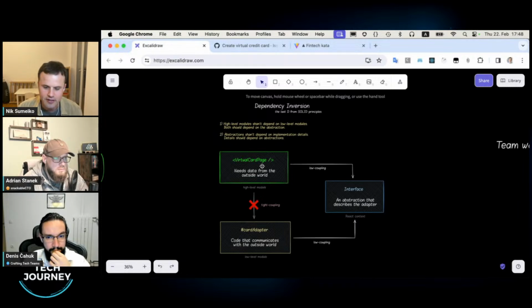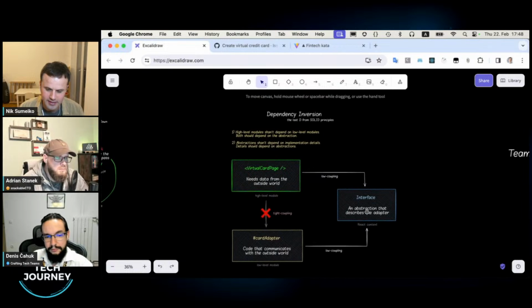Rather, both rely on some intermediate interface, this one and this one, plus implementation details within the adapter shall also rely on the interface. This is how I nail down the dependency inversion.